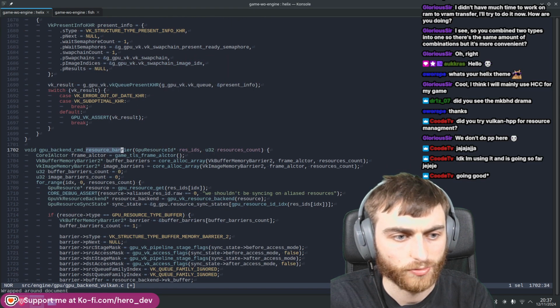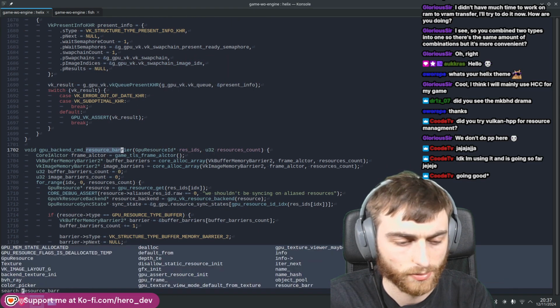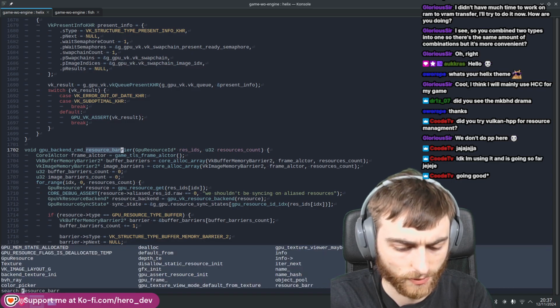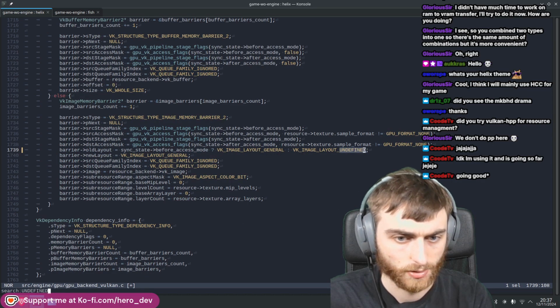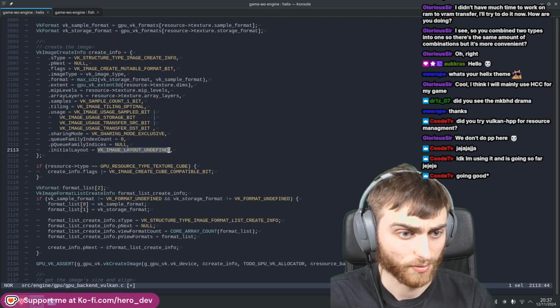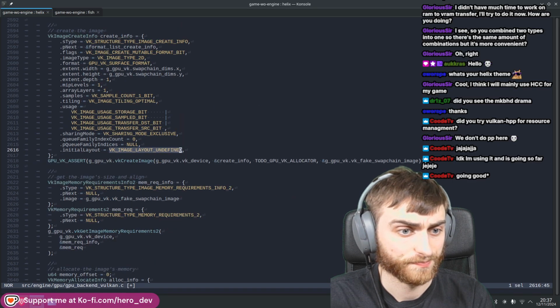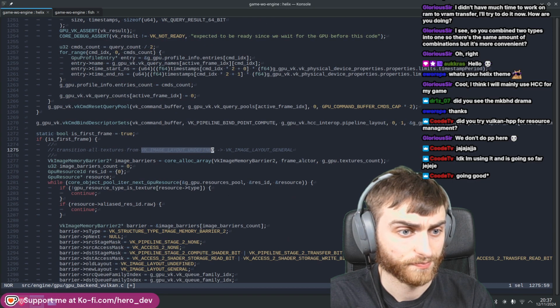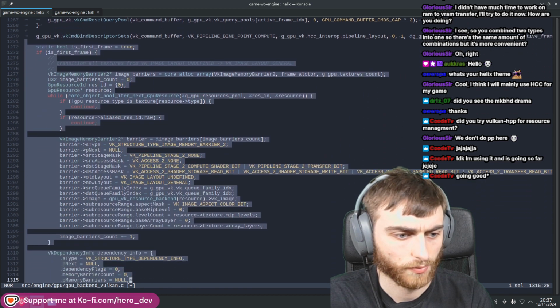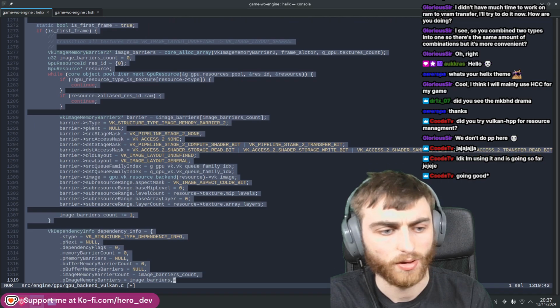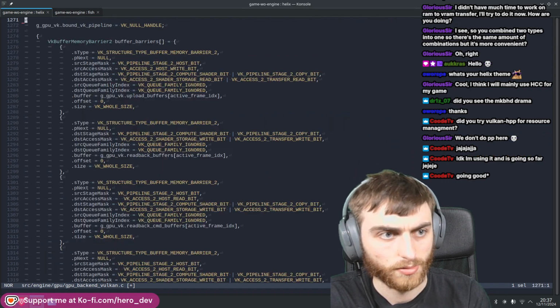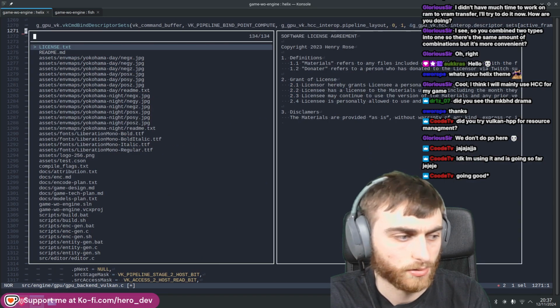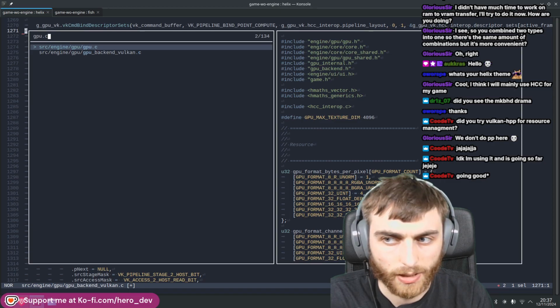Maybe we might be able to get rid of that whole sort of code that transitions it all from undefined to general. I think we can get rid of all this because in the higher level code, we do our state tracking. We might be able to say